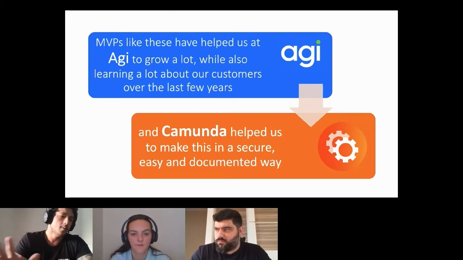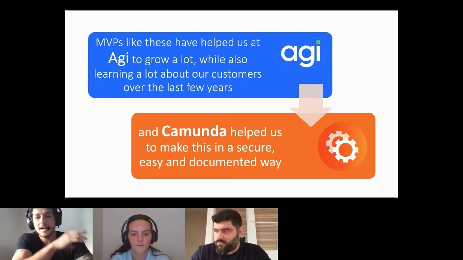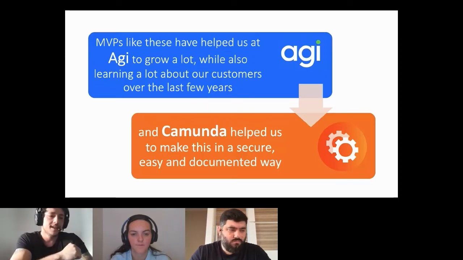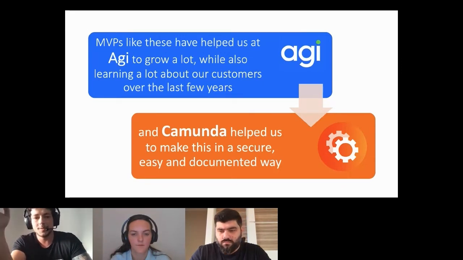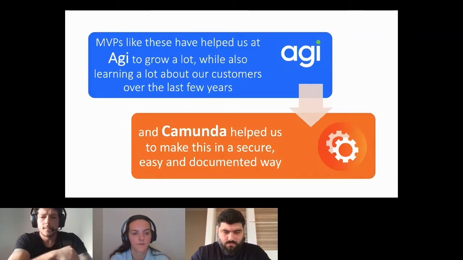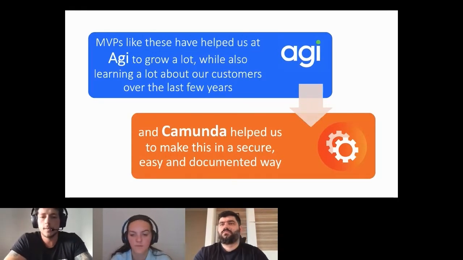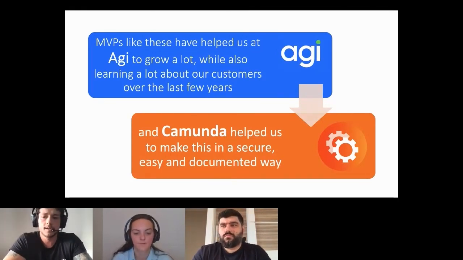So what we had before Camunda was small pieces of code that, if you get an error or an exceptional case, maybe everything that you will have is a log in your log messages, and you will lose all your data. Your customer will have to start the process again from the beginning. And now with Camunda, we can do those MVPs.